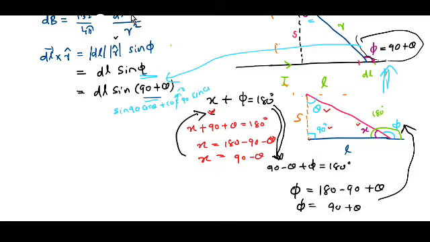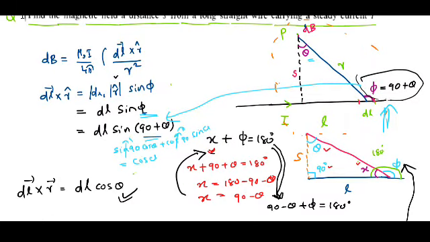This goes to 0, this goes to 1. Therefore, the result is cos theta. That is, this dl cross r can be written as dl cos theta. Now if you put this value, dl cross r is equal to dl cos theta,